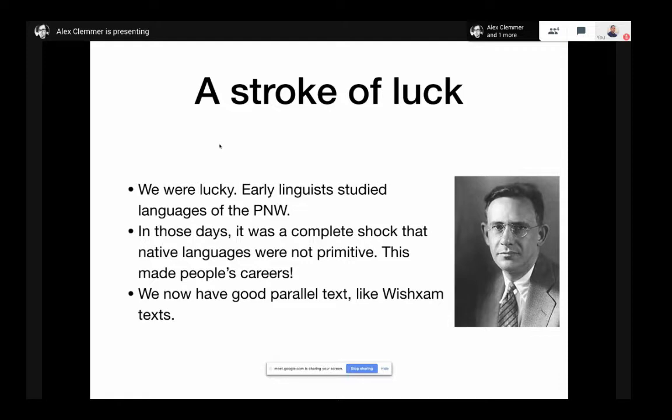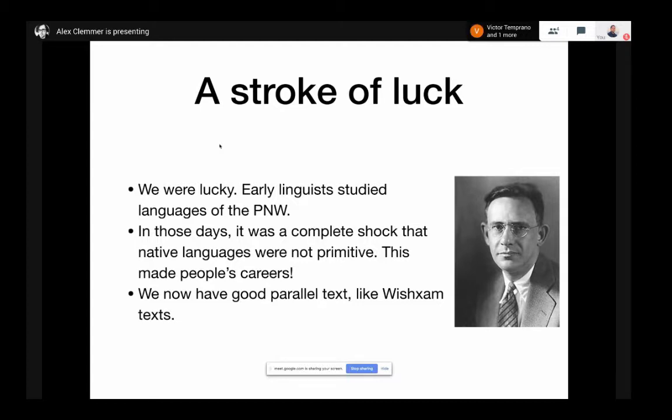One reason why Edward Sapir had such an illustrious career is because he had a specific insight, which is that native languages were not primitive. This was super unintuitive in 1900, which is when he was a professor at Yale. People thought that native languages were primitive because they thought that people were primitive. And his insight was, no, that's not true. There are no primitive languages, right? And that was shocking to people, right? And so he got the opportunity to make a lot of